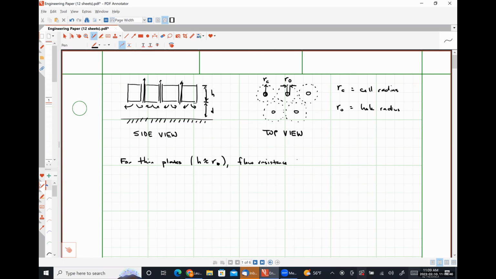Flow resistance through the holes can be neglected, yielding a damping coefficient